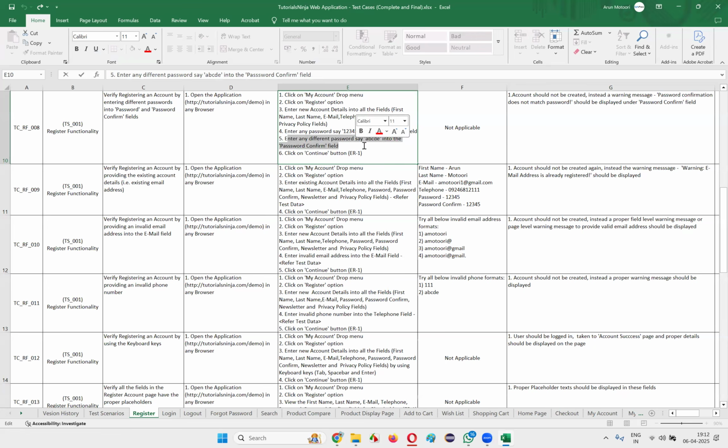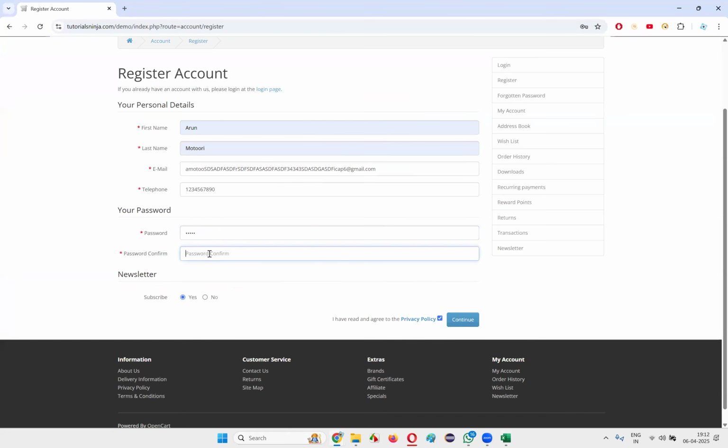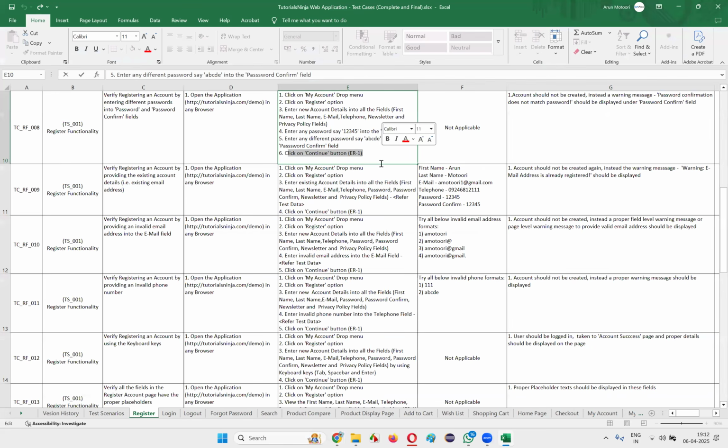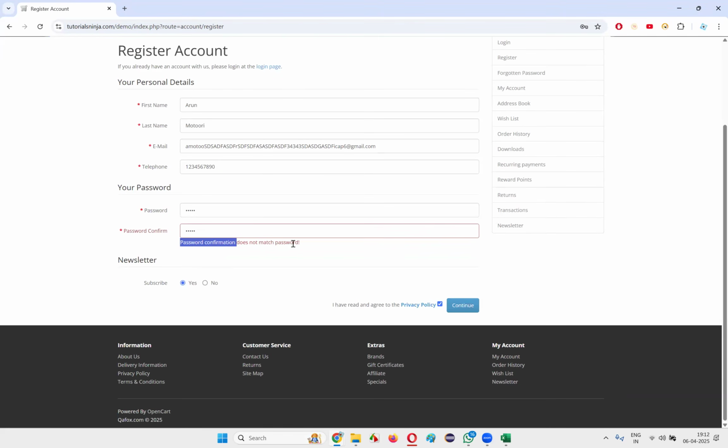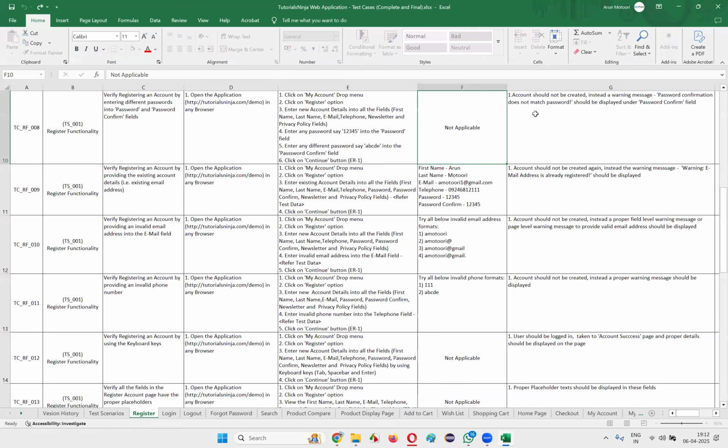Then enter any different password, say ABCD, into the confirm password field. Here ABCDE, which is different from the password field. Then click on continue button. Account should not get created. Rather, we should get a warning message saying that password confirmation does not match password. So here, account should not be created. Instead, the warning message, password confirmation does not match password, should be displayed under the password confirm field,